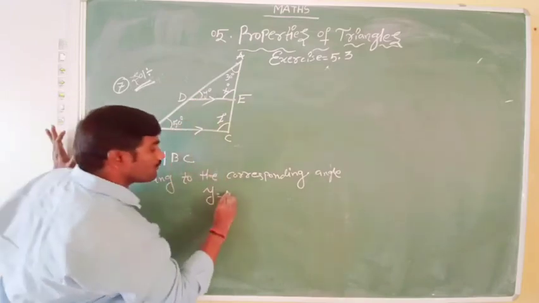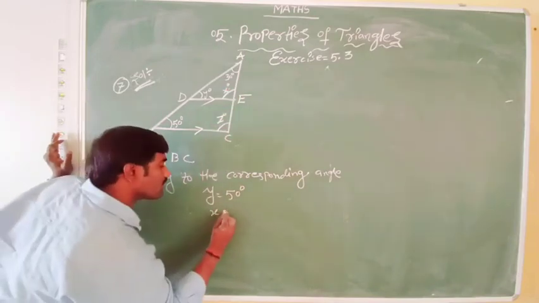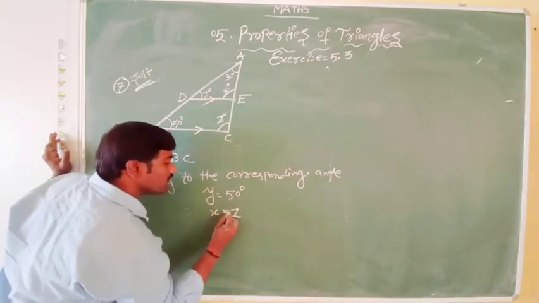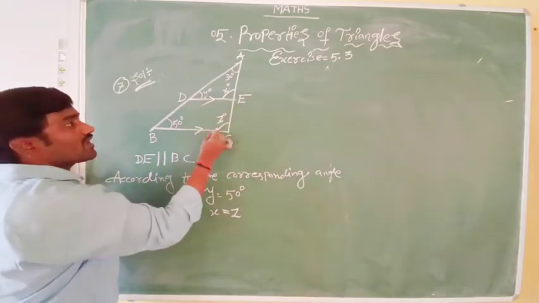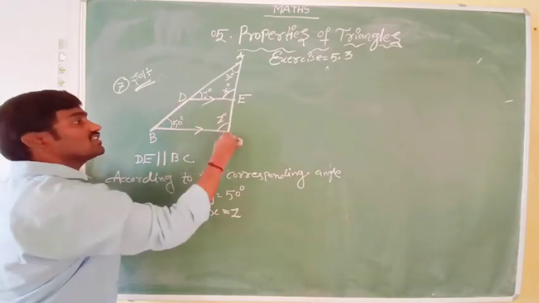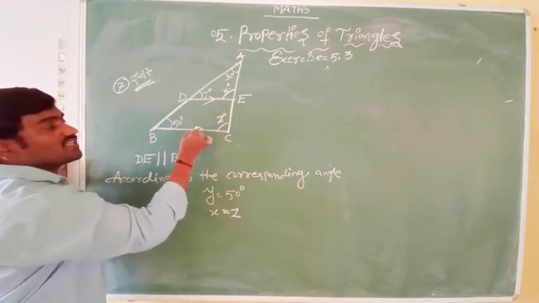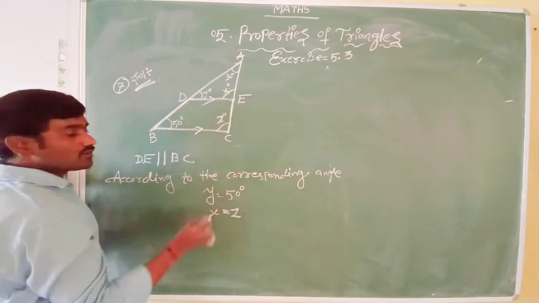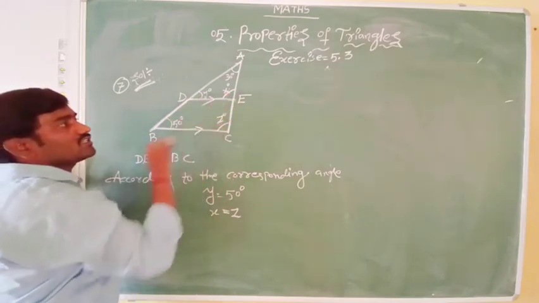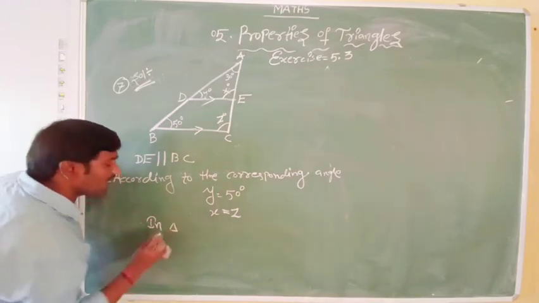Y equals 50 degrees, and here X equals Z. If you know the X value, you know the Z value also, because if these two are parallel, then these two lines are called transversals. If two parallel lines are intersected by a transversal, then corresponding angles are equal. So these two are corresponding and these two are corresponding. Now we need to take the triangle